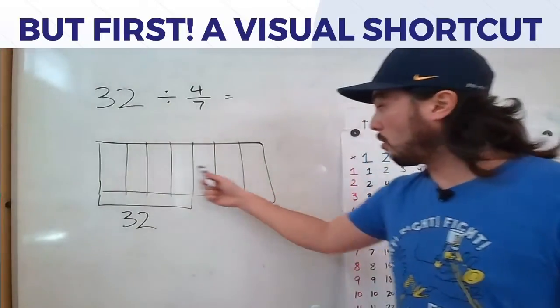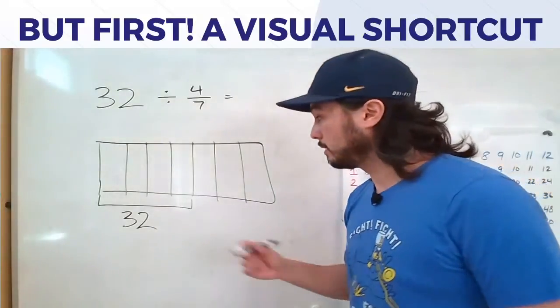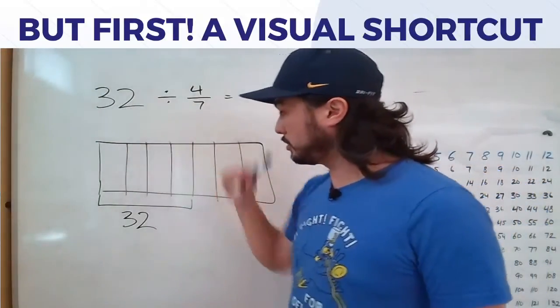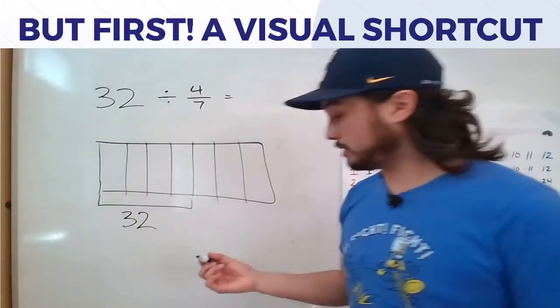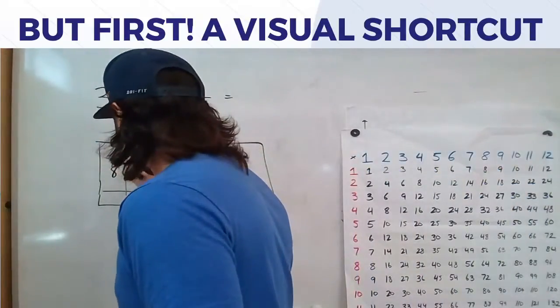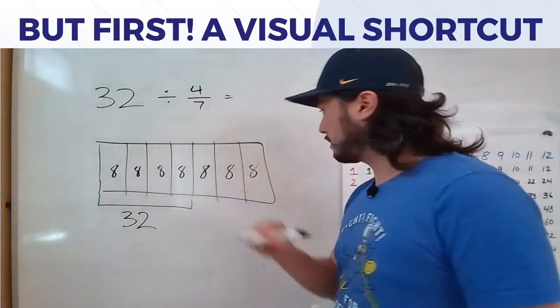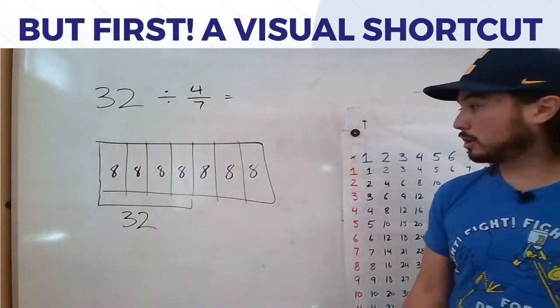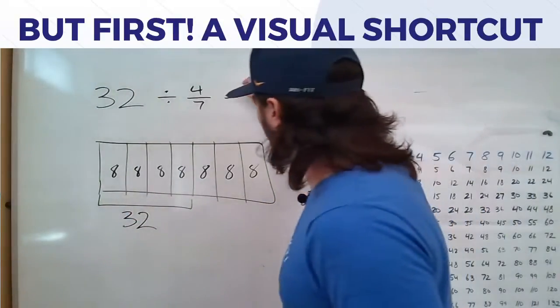What does the whole group, what does one whole group equal? Okay, so in this case, 32 divided by 4, or 4 times what is 32? Yeah, there's 8. 8 in each. So that tells us there are 8 in each 7th. So what does the whole thing equal? 8 times 7,